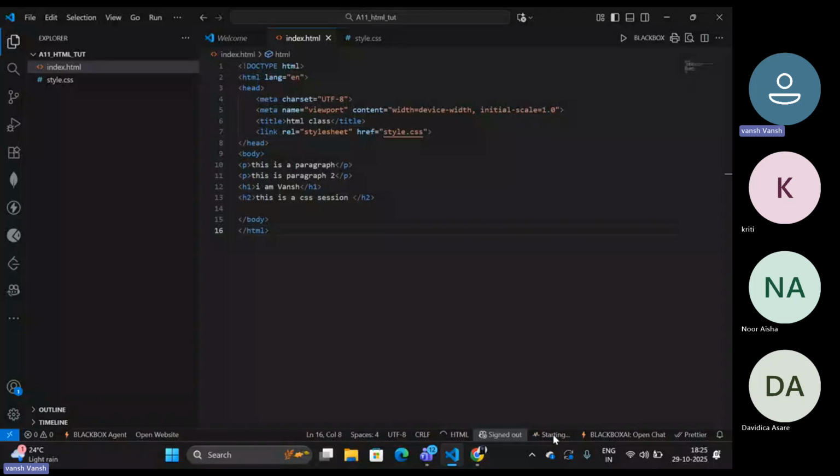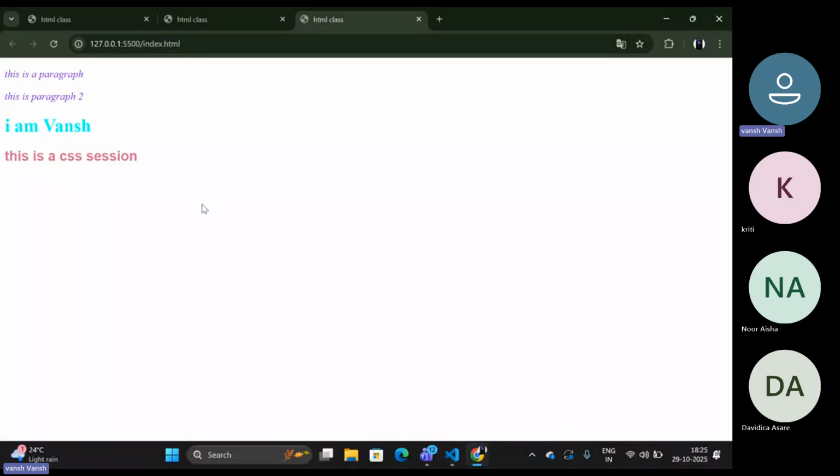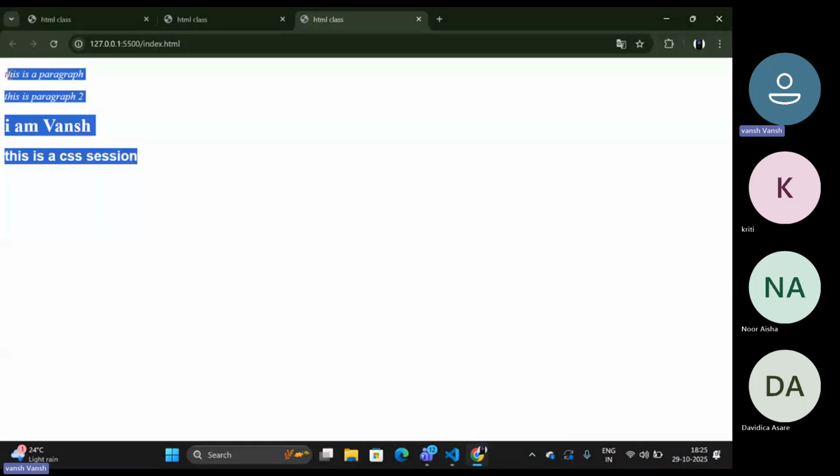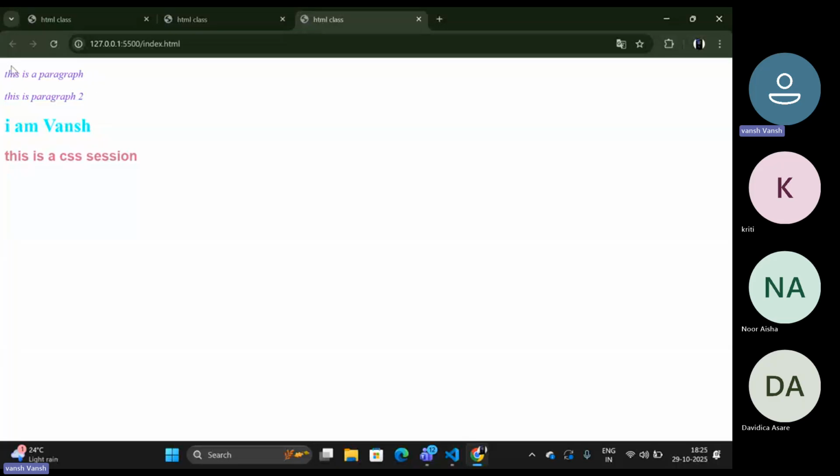Let's verify it. Let's check the output, and you can see over here, this is a paragraph, the color is changed, the font family is changed, and the large size is there. Then for the h1 tag,